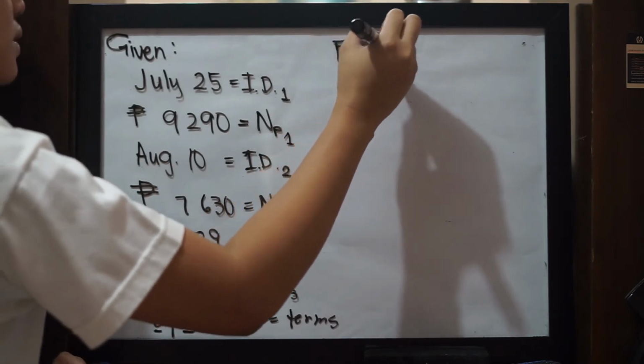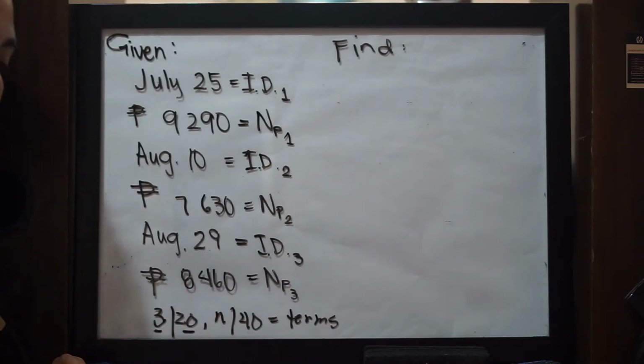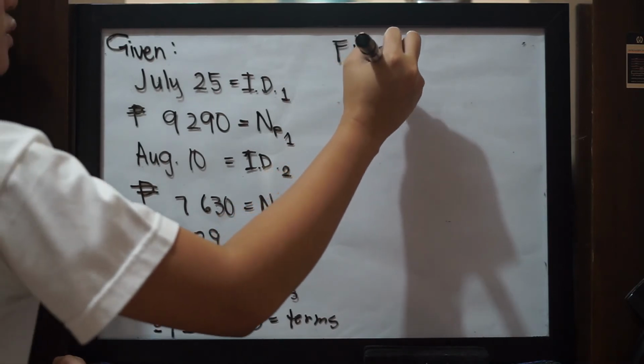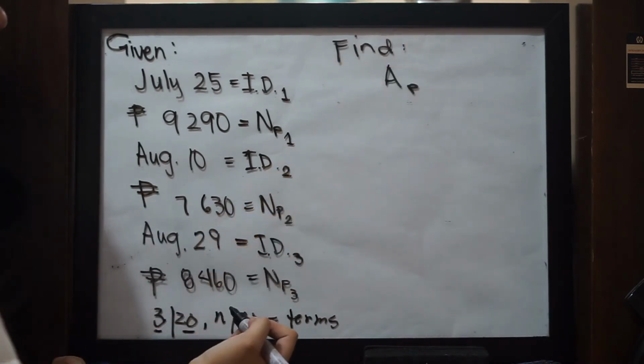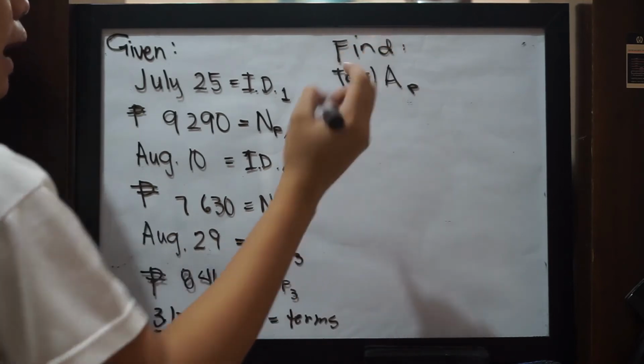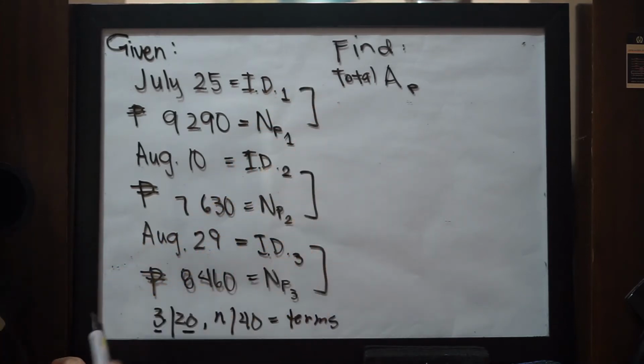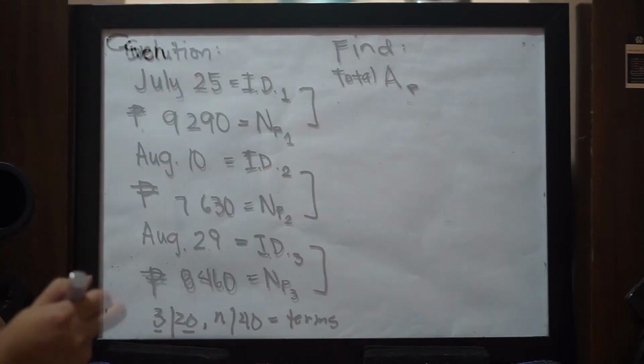So, let's now identify what is being asked in the problem. Ang sabi kanina, what amount must be remitted if invoices are paid together on August 30. So, ibig sabihin, we're looking for the amount payable pa din naman, pero we're looking for the total amount payable given these 3 scenarios or given these 3 invoices. Okay po? So, let's now have the solution for the